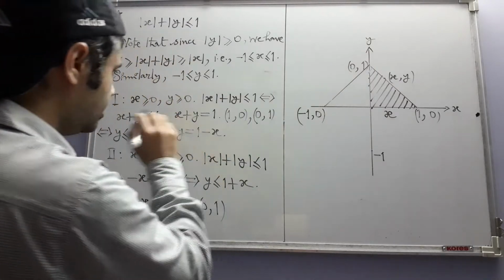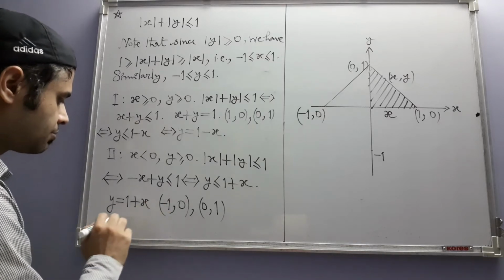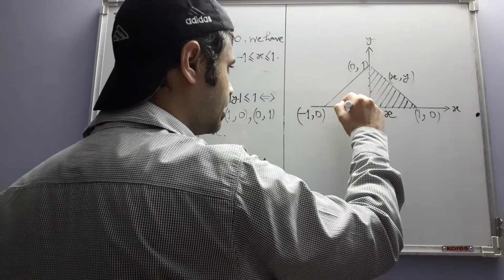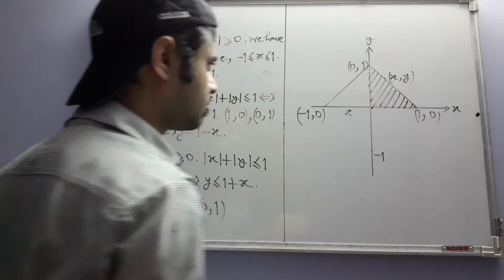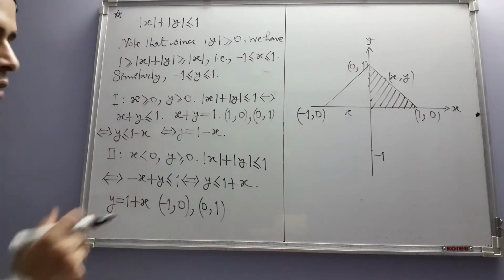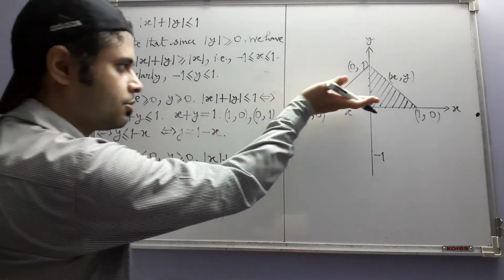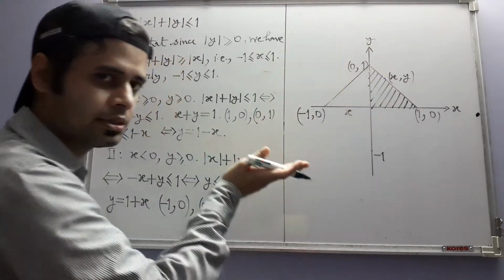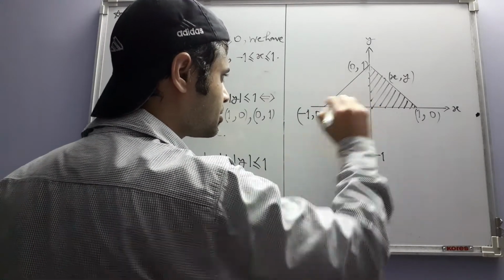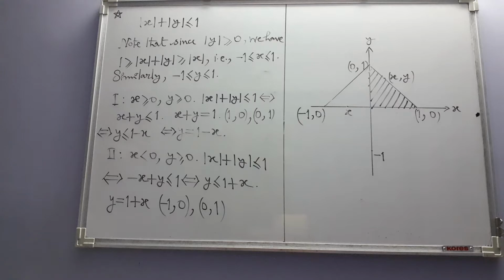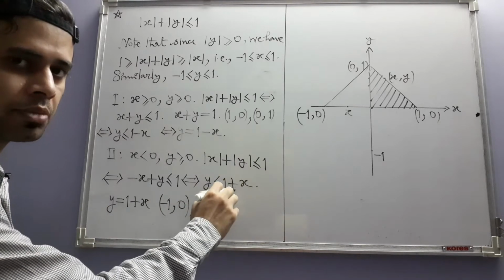Now, just like what we did with this case, let us also do with this one. So here what we do, we arbitrarily take one x and then try to figure out what y can be, keeping in mind that y is still greater than or equal to 0. So we must be above the x-axis or on the x-axis. So the least possible value of y is 0. But what is the greatest possible value? Greatest possible value is 1 plus x.